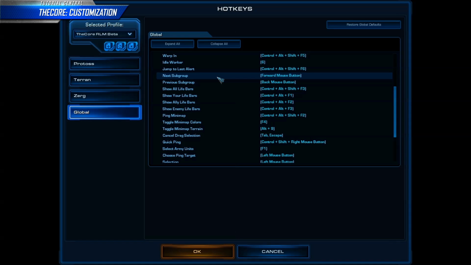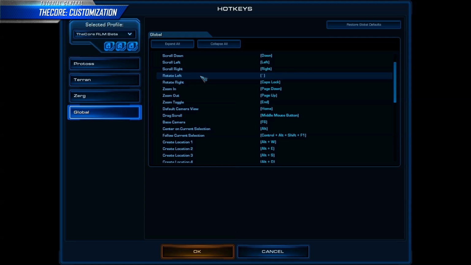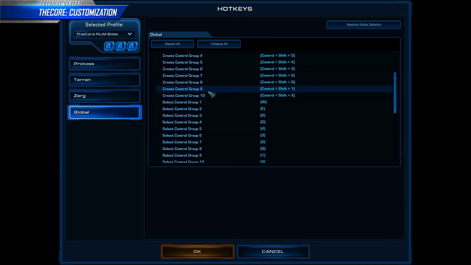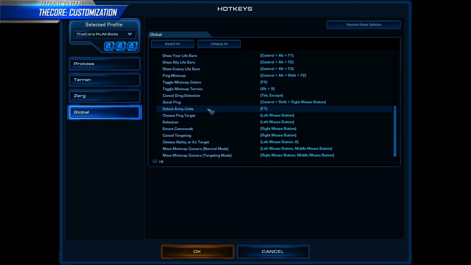Many players like to customize their side mouse buttons. Some like control groups on the mouse, some don't have mouse buttons at all. By default, these buttons are used for next and previous subgroup. Rotate camera left and right, next and previous subgroup, control groups 9 and 10, and select all army are all